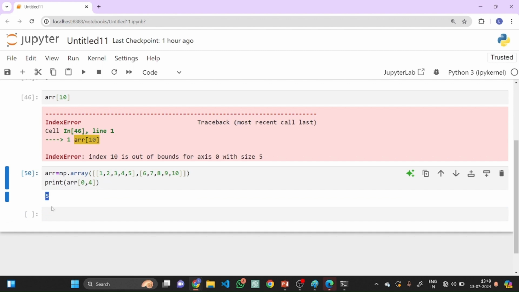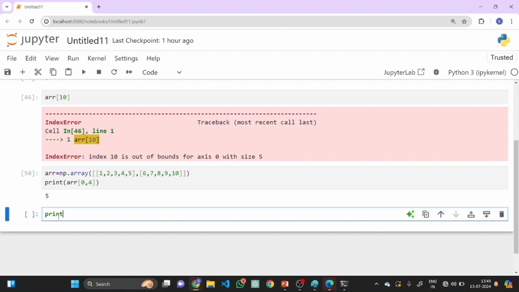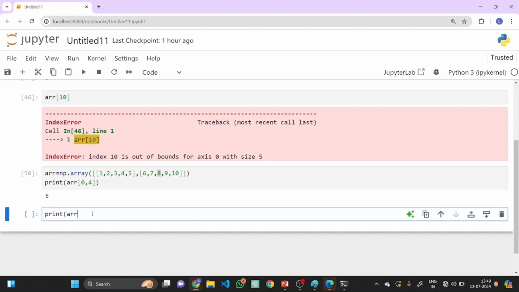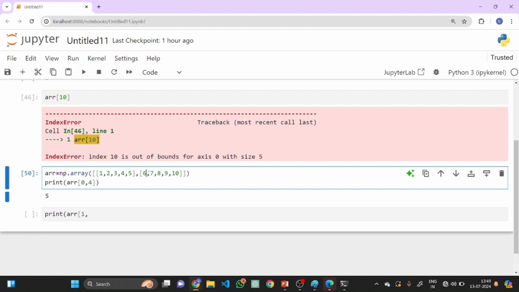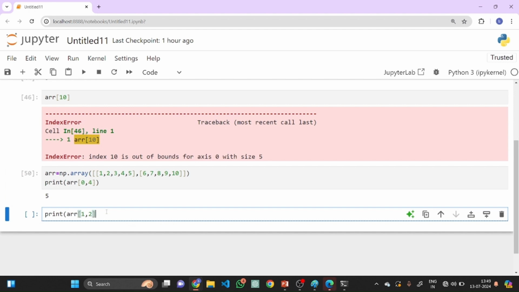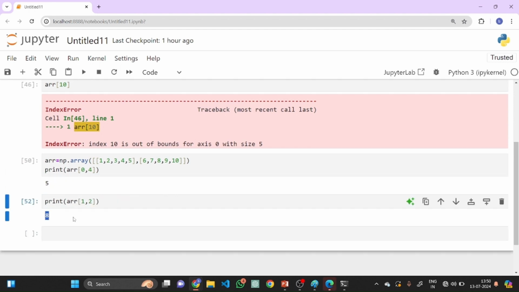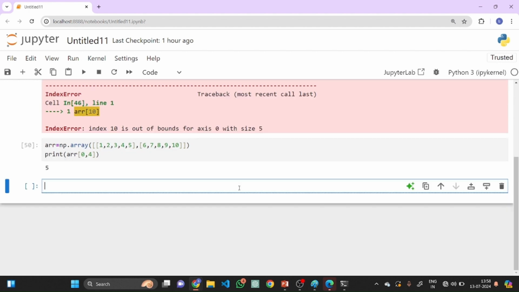We got 5. In the same way, if you want to print this 8, this is in the second row. That is, the index number will be 1, and then the column index number. This is 0, this is 1, and this is 2. So 2. We got 8. This is about two-dimensional. Now let us create a three-dimensional array. np.array of,